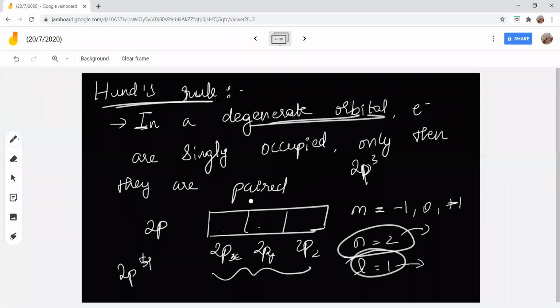So in these degenerate orbitals, when I fill electrons, suppose 2p3, in 2p orbital I have to fill 3 electrons. How will I fill? For example, you are going on a trip or a tour, or in your house there are 3 members. All 3 members are of same age, like your cousins. So you all are of same age, same weight. All 3 of you are very hungry. Will it be okay if I give more food to one person and I make the other two starve, or give very little food to them? That won't be fair.